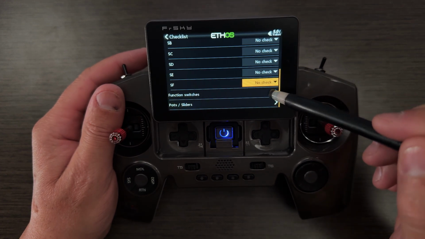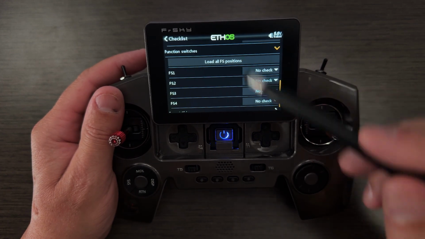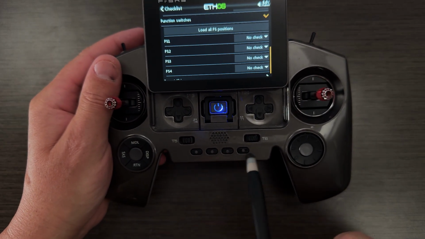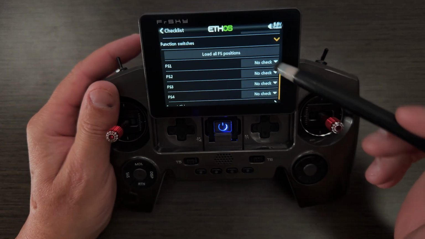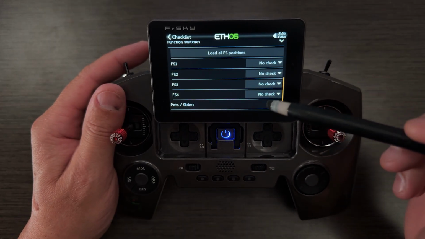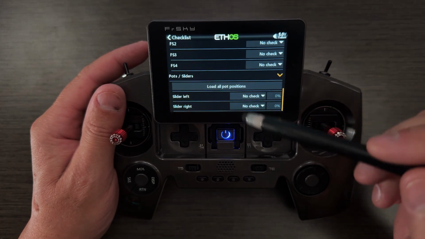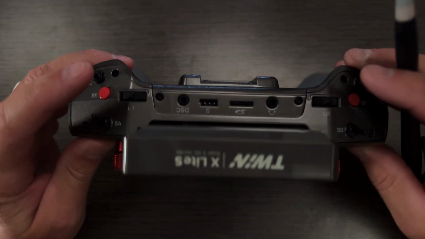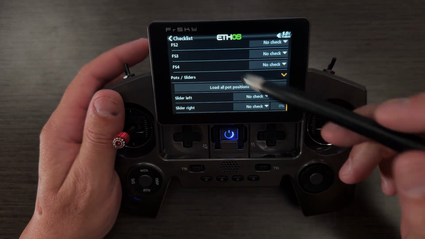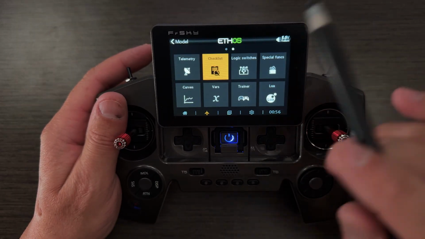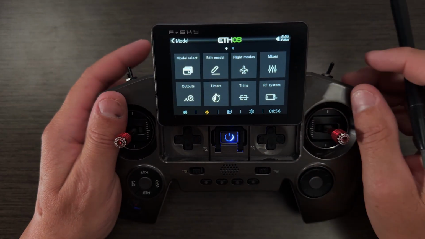The function switches. Now, these are these 4 switches on this radio model here. By default, there is no position enabled for those. And again, for your pots and sliders, which is this one and that one, there's no default position for those. So everything checks out. All right, now that we know the radio is not going to yell at us every time that we select a model,